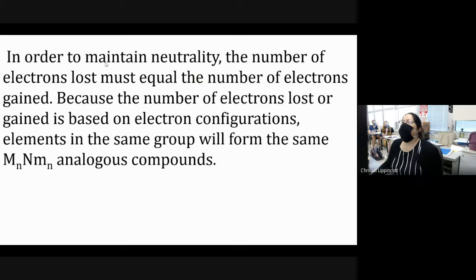All right, in order to maintain neutrality, the number of electrons lost has to equal that gained. Because the number of electrons lost or gained is based on electron configurations, elements in the same group will form the same compounds. So for example, if you had